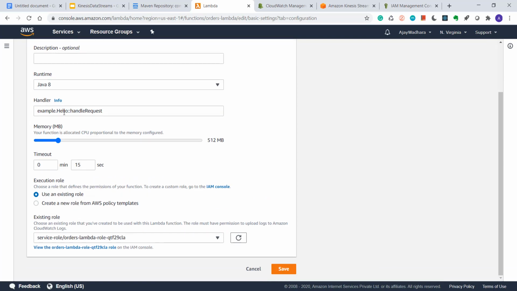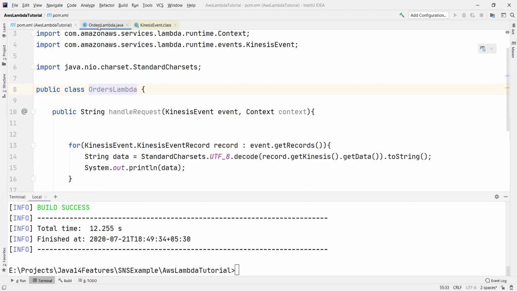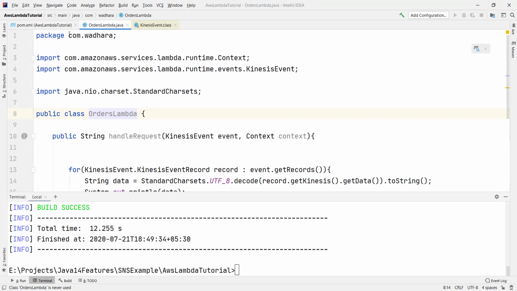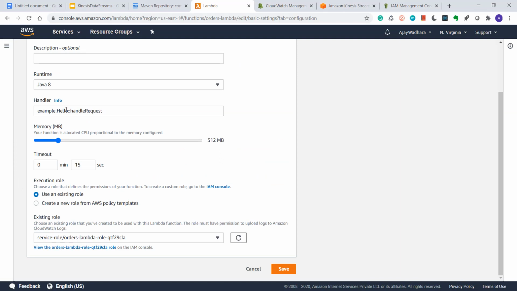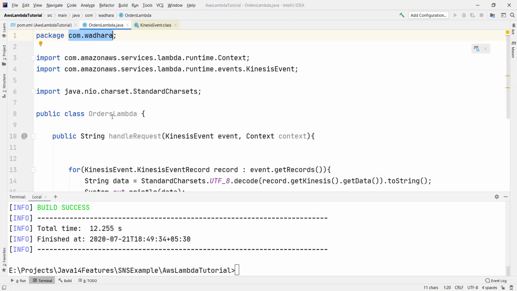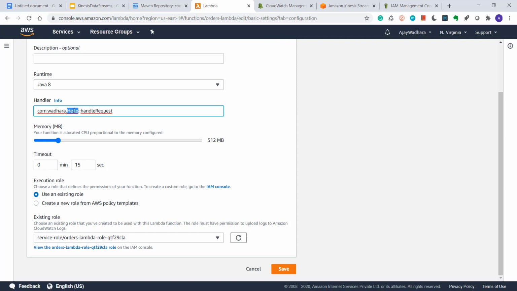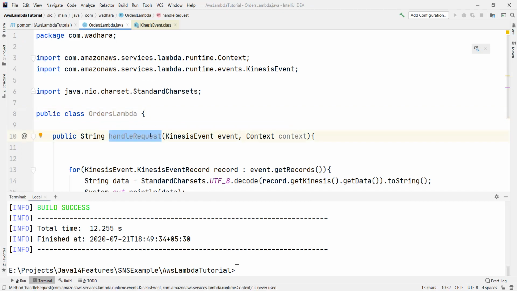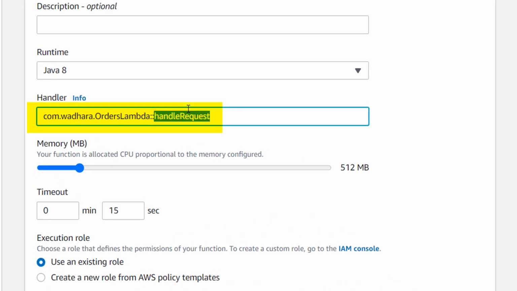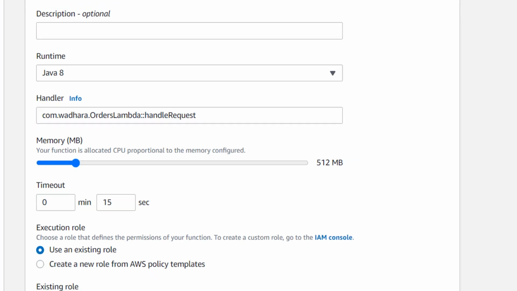In my handler info, I'll give the complete path of my Lambda, which is com.vadara, then my class name, OrdersLambda, and then our method name, which is handleRequest. Handle request is fine. Now our configuration is perfect. I'll click on save.